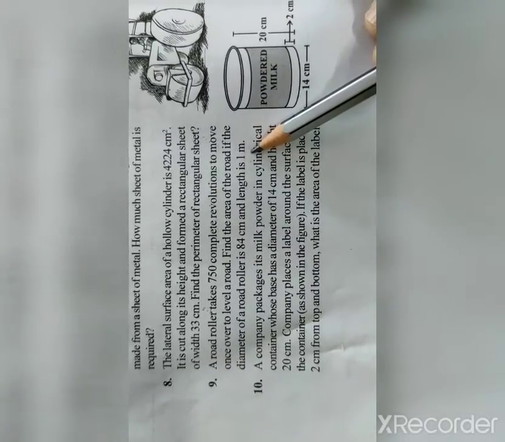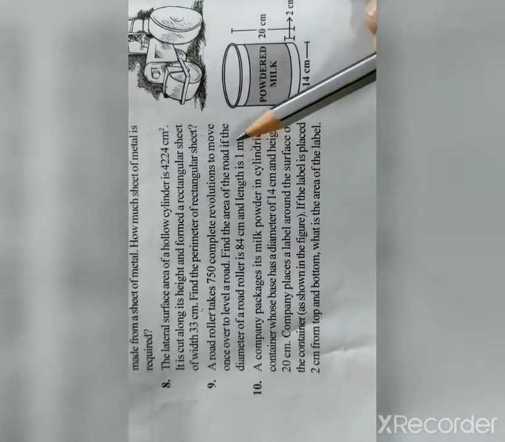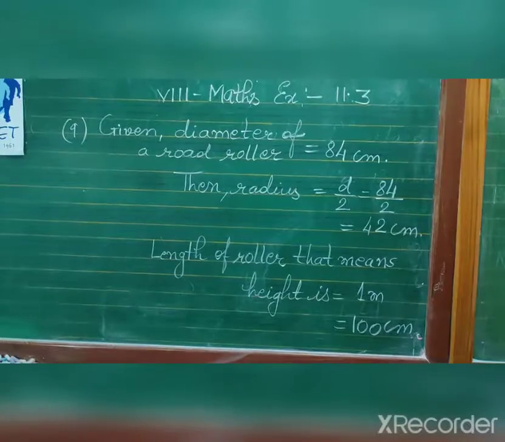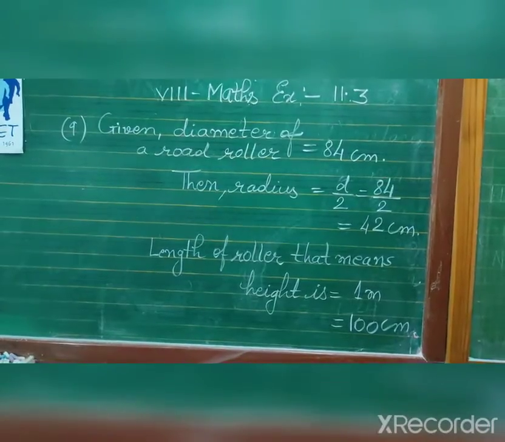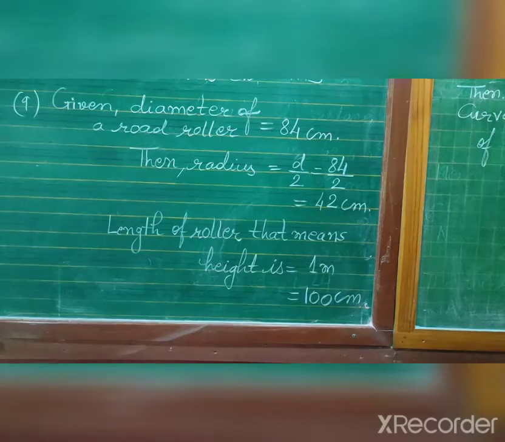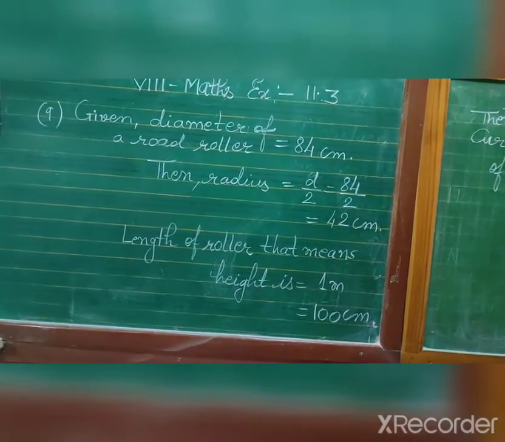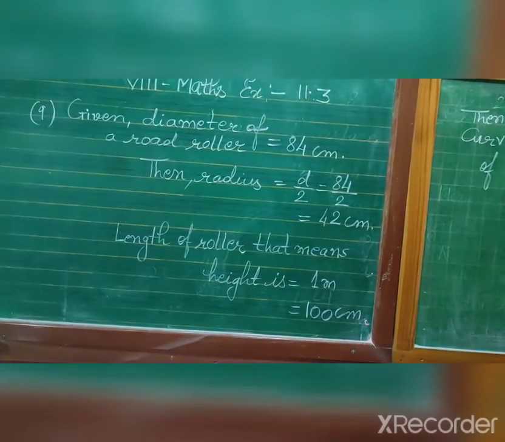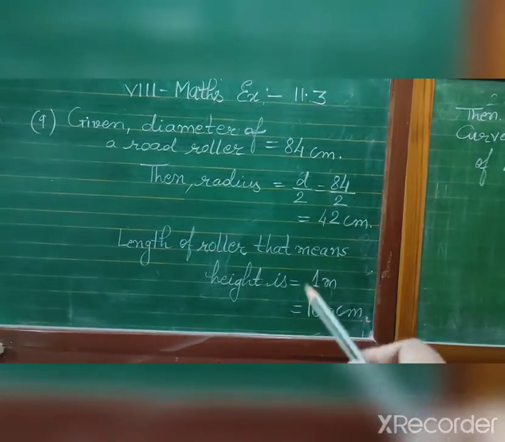is given in meters. So we will change into centimeters. Okay, so let us start. See here, the given diameter of the road roller is equal to 84 centimeter, then radius equals d by 2, 84 by 2, 42 centimeter. Length of roller, that means height, by mistake I have written